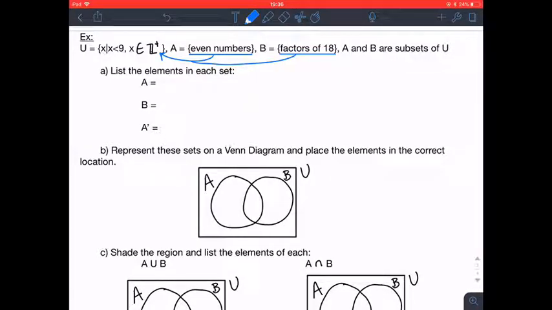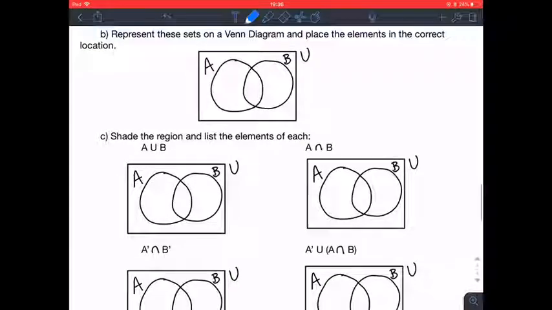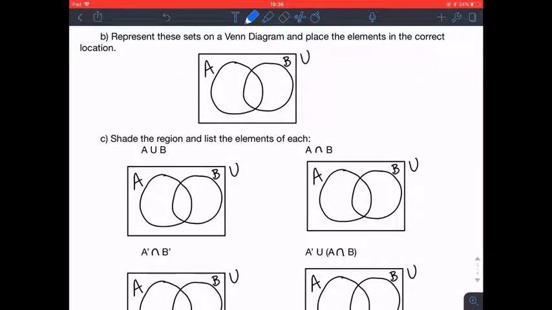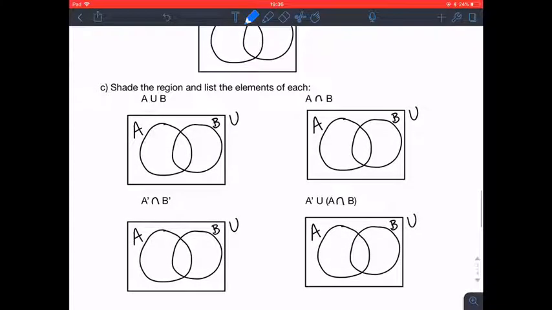So what we're going to do with those values is we're going to first list the elements in each set. Then we're going to represent them on a Venn diagram and put those actual numbers where they should go in the Venn diagram. And then we're going to shade the regions and list the elements of each of these situations. So the union of B, the intersection of both complements, and the union of the complement of A